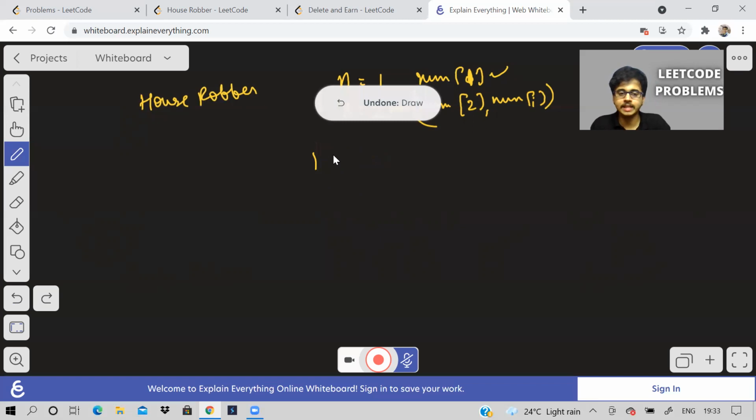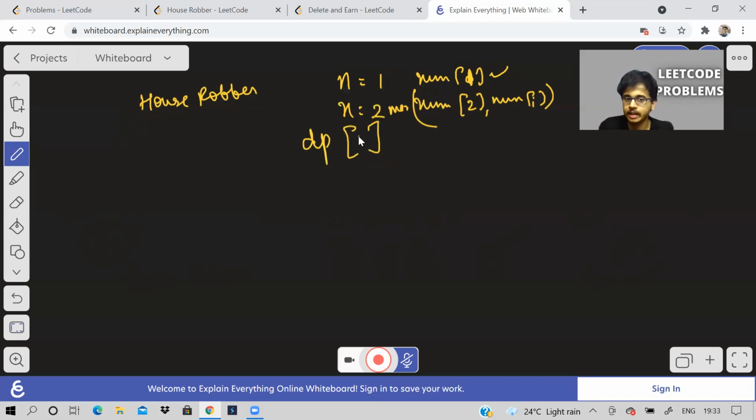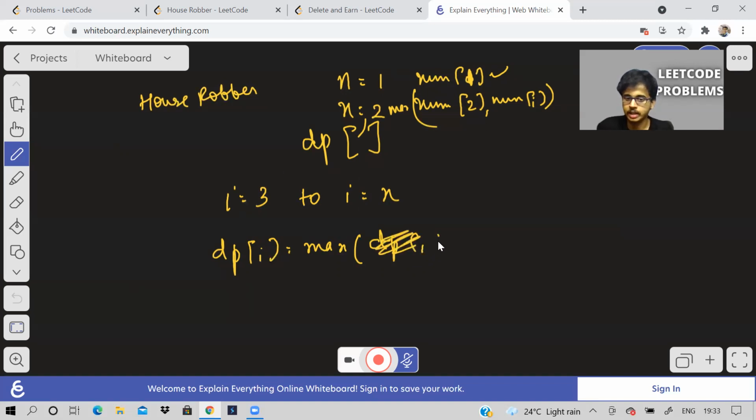So these are the base case conditions for our DP array. And for house number 3 to house number n, what is the recursive relation? DP of I is the maximum of either we take this house, sorry, it will be nums of I. We take this house, whatever amount it has, and we add it to the house before the previous house.